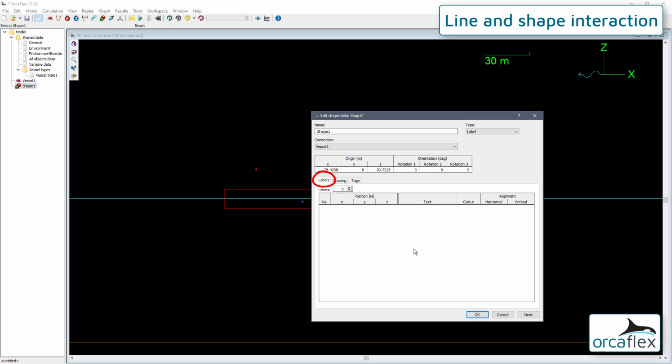Now on the labels page of the data form, we can add a label or multiple labels and specify the label's position, its colour and alignment, and the actual text itself. Note that a line break can be used in the text using the sequence \n.